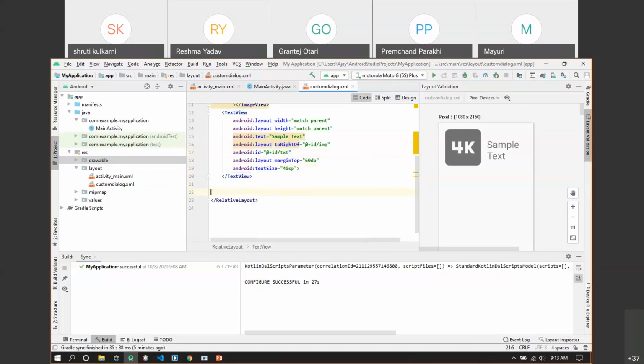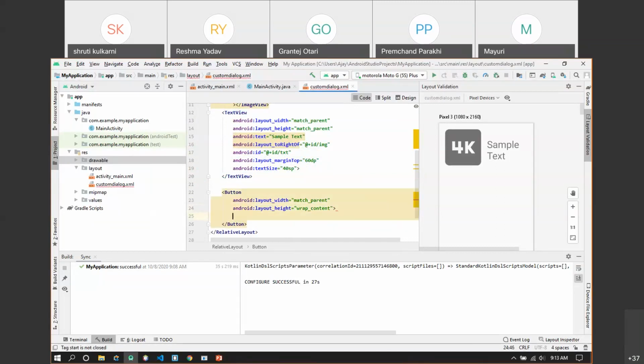Okay, now let me take one button. Button whose width is equal to, let's say, match parent. So I need to take two buttons, or we'll take one button only, and height is equal to wrap content.